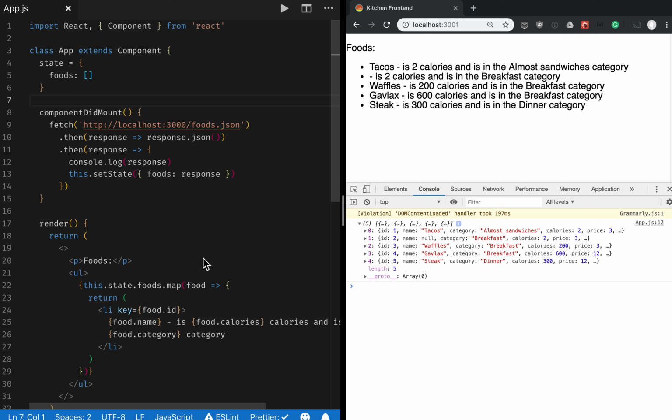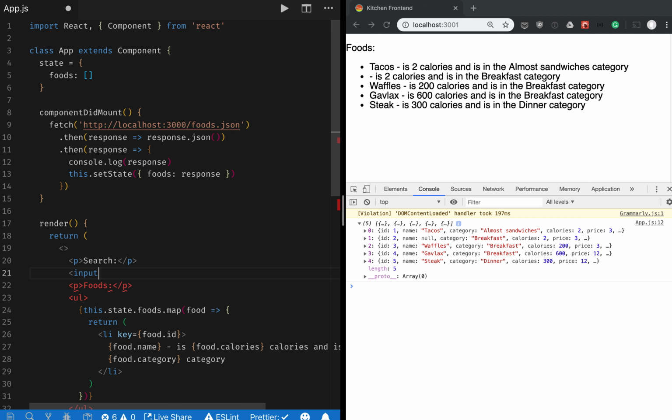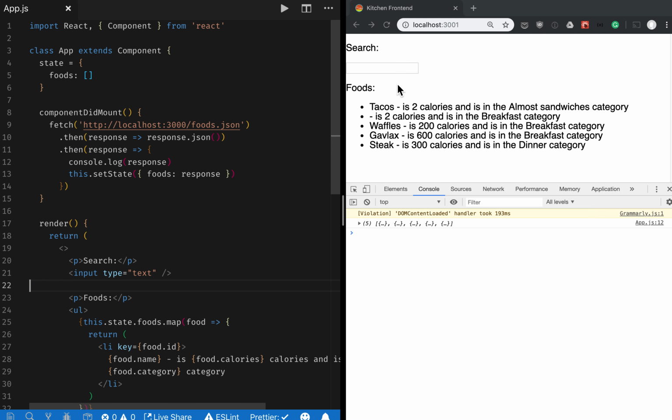So let's put it up here. Let's put another p tag in here, search, and then let's put an input. Type is text. So here's our search. And we want to be able to type ACO and just see our tacos. This is what we want this eventually to be able to do, as we type these letters, we want this list to adjust and search. So if we remember that to have an input here, we need to track the value